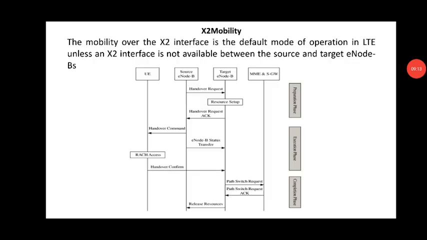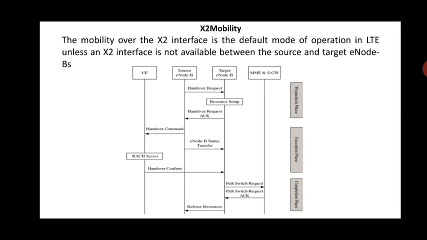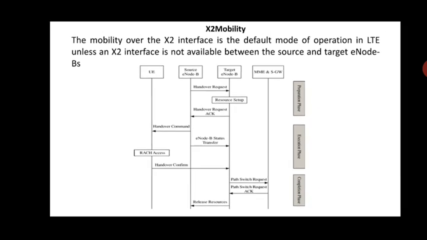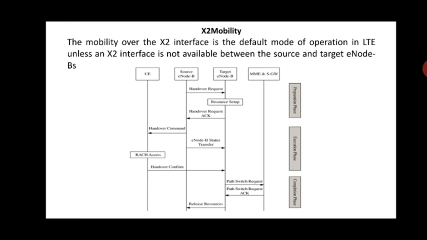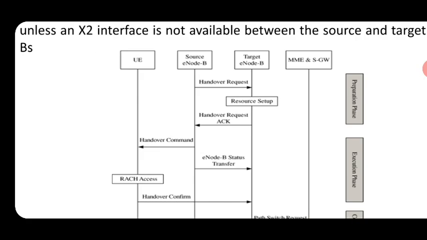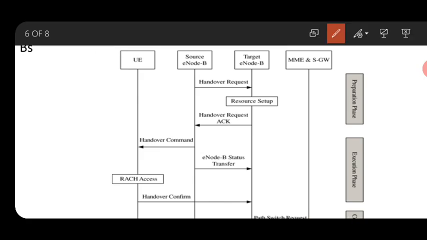Okay, now this is the context of X2 mobility, in which it is an intra handover. I hope in the intra there need not be any target MME, because the same MME will be there. It is a default mode of operation, in which, how will the request be now? User equipment to source, because you are changing just a node, the target node B, and from this target node B it will send an acknowledgement. Okay, this acknowledgement is initiated by the MME, and it will go to the handover command. It is in the form of a handover command.